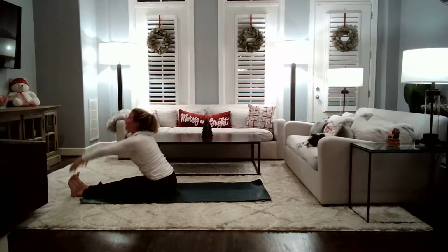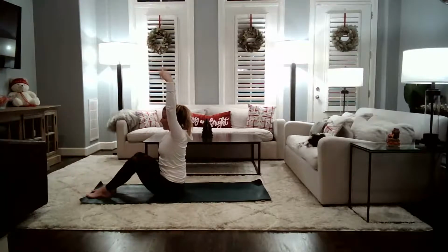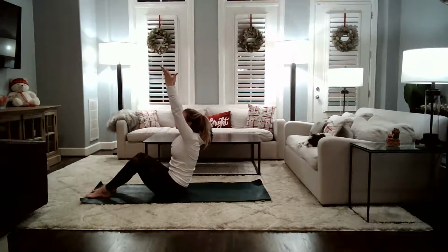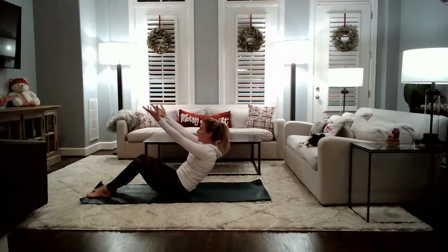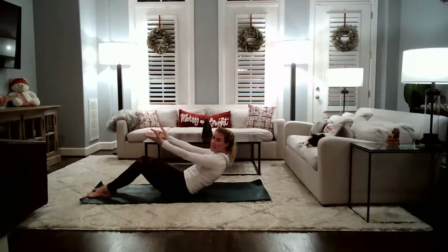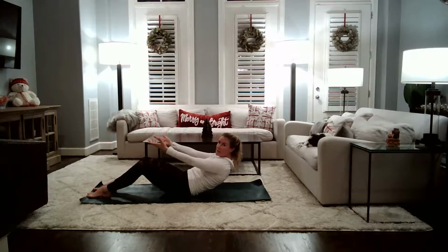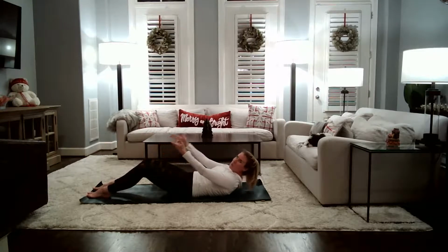Inhale to sit up tall. Arms will go to the sky. You can keep your legs straight for a little bit more challenge, or you can always bend your knees and plant your feet. As we begin to reach forward, slowly curving our body down to the mat, engaging the core for 10, 9, 8, 7, 6, 5, slowly, 4, this is where it gets hard, 3, 2, 1, lay all